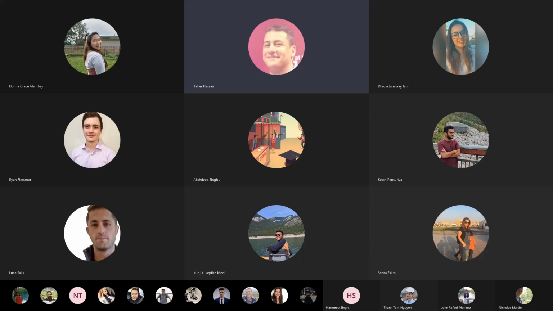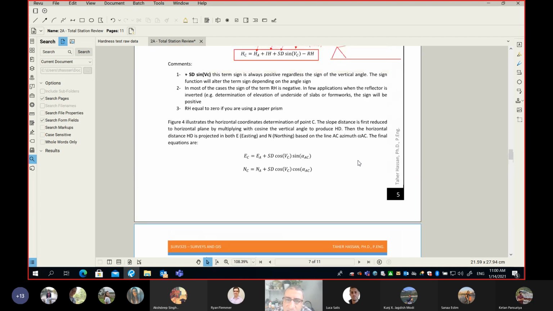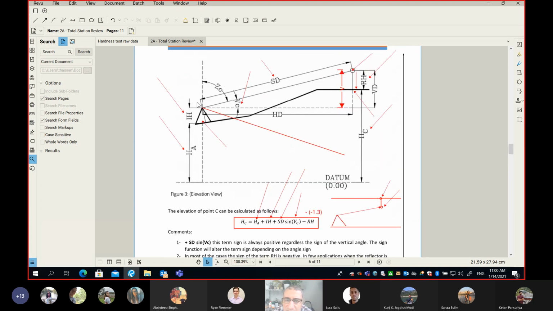So just before the break, we were trying to figure out how the total station would give me the XYZ, or in surveying we call them easting, northing, elevation. So far, you learned that the total station measures slope distance and vertical angle. And if we measure the instrument height and reflector height ourselves, and we are on top of a traverse point where we know the elevation, then using this math here, it can find for us the elevation of point